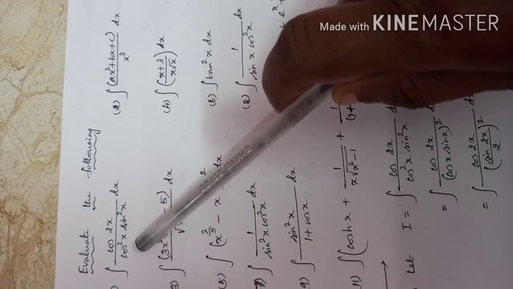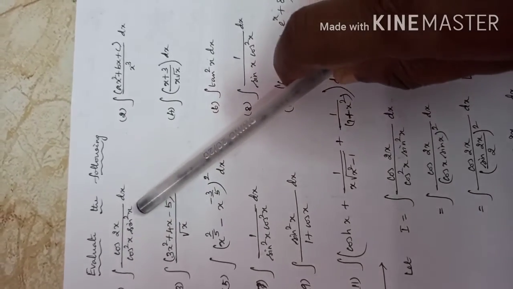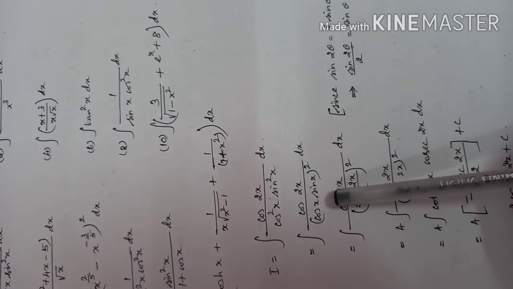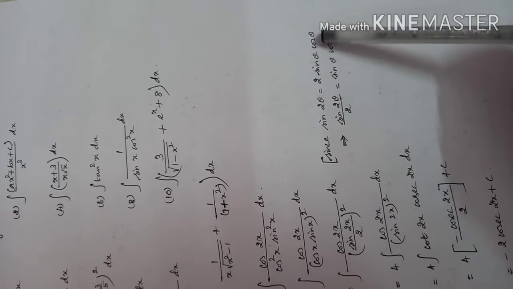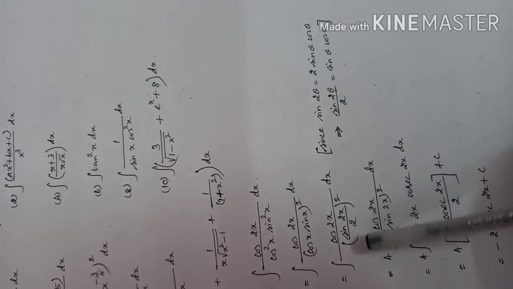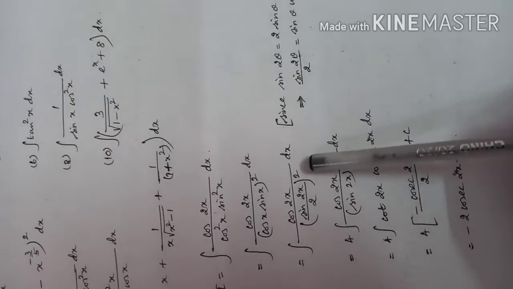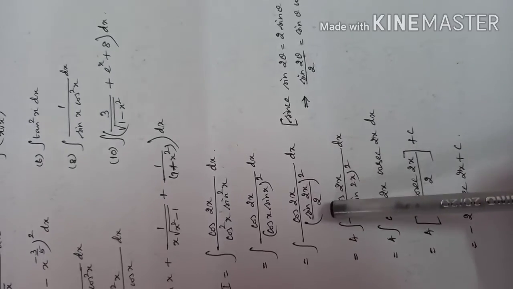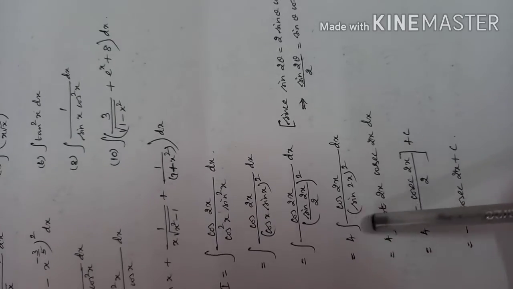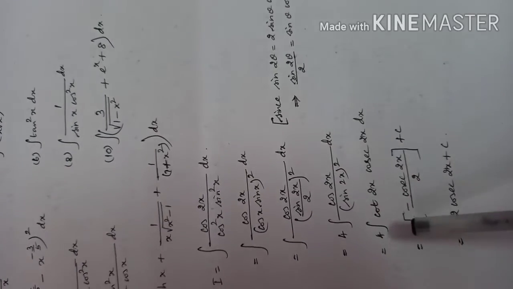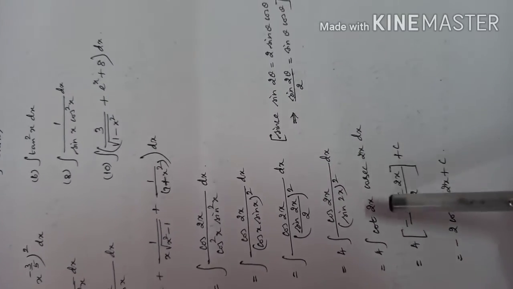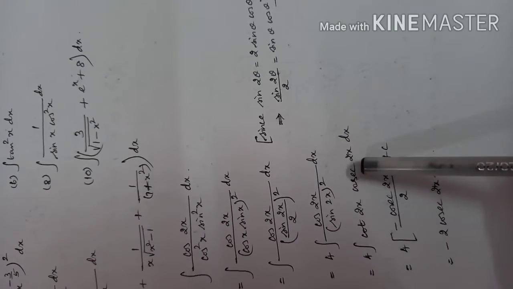Let us write cos square x sin square x as (cos x sin x) the whole square. And we know the formula sin 2 theta is 2 sin theta cos theta. So sin x cos x is sin 2x divided by 2, the whole square. The denominator 2 square becomes 4 and it will go to the numerator, and it can be taken outside the integral. So we get 4 times the integral of cos 2x by (sin 2x) the whole square dx, which is the integral of cos 2x by sin 2x into 1 by sin 2x, which is cot 2x into cosecant 2x.